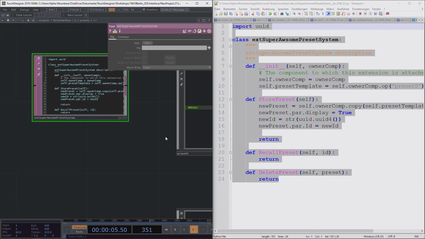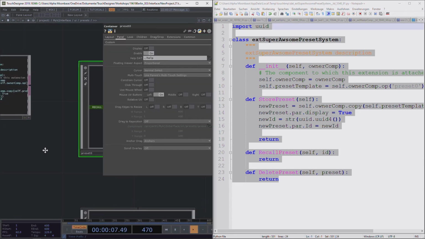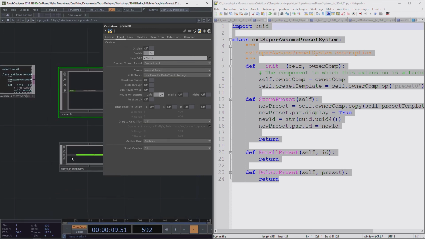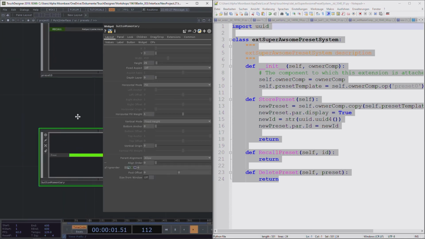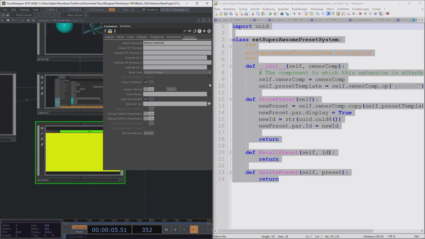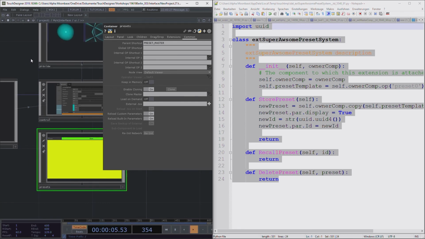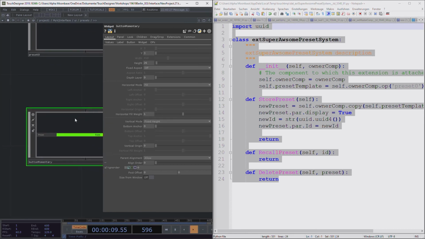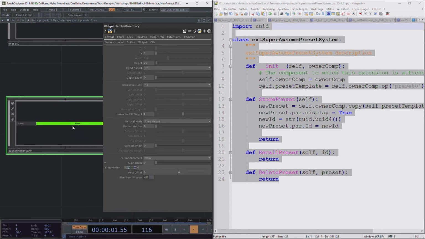So what we can do now, I said parent shortcut preset master, just like we have a UI master, control master, stuff like this. And in our button momentary here, the store,